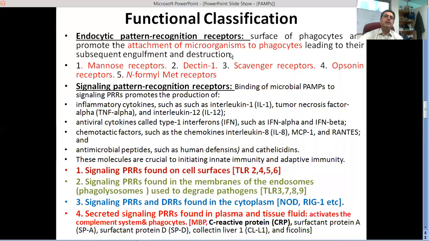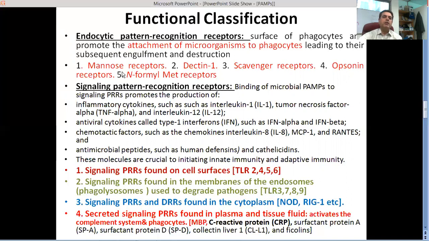This is the functional classification of the pathogen recognition receptor. It can be classified into two different classes: endocytic pattern recognition receptors and the signaling pattern recognition receptors. So what are the endocytic pattern recognition receptors or phagocytic receptors? These are present on the surface of phagocytes and promote attachment of microorganisms to phagocytes, leading to their subsequent engulfment and destruction. And there are different